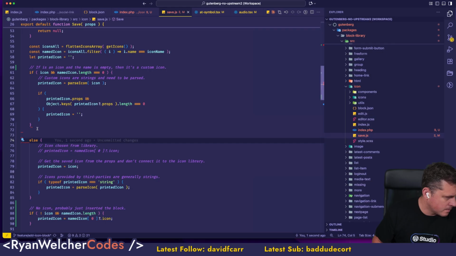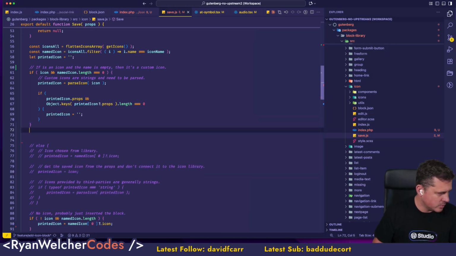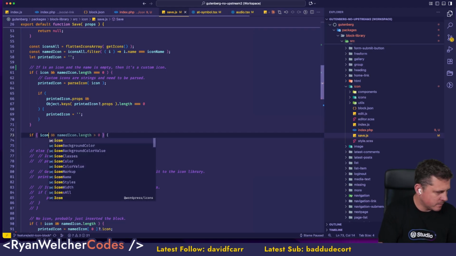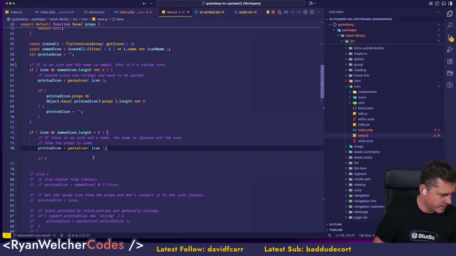Right? I'm gonna just hide this for now. So if it's a custom icon, cool. So then if icon and name length is greater than the doodad,